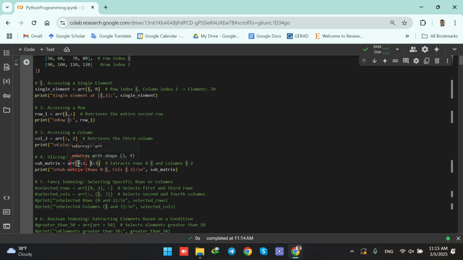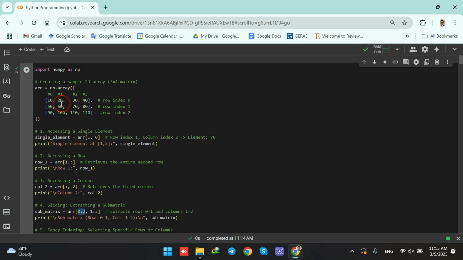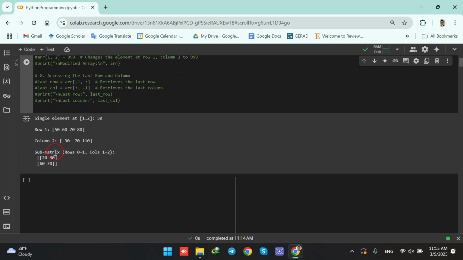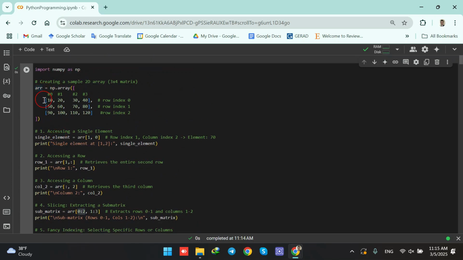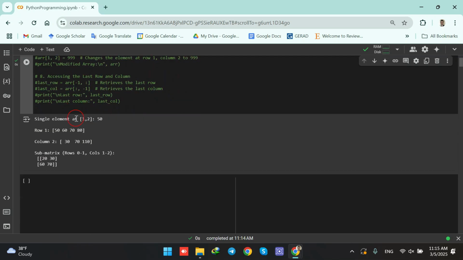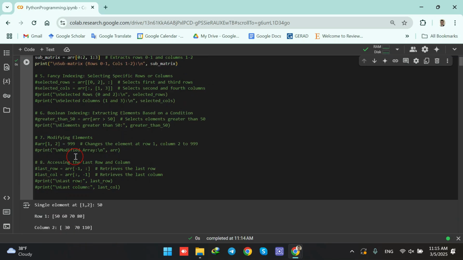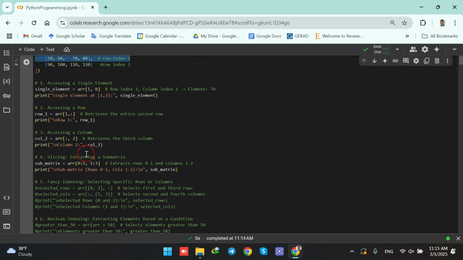So this is row 0 and this is row 1, and columns 1 and 2. When I run the code, we see 20, 30, 60, 70 in the output. So we see the rows with index 0 and 1, so these two rows. And among them, we would like to have columns 1 and 2, meaning 20, 30, 60, 70. So this is how we can create a submatrix